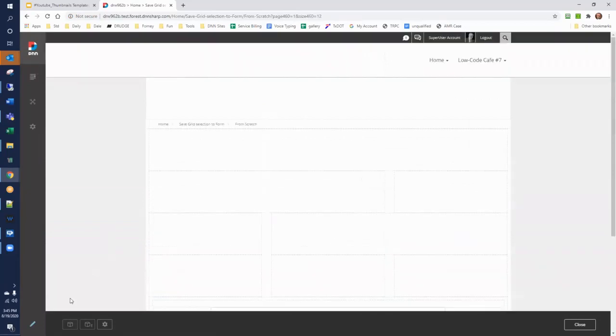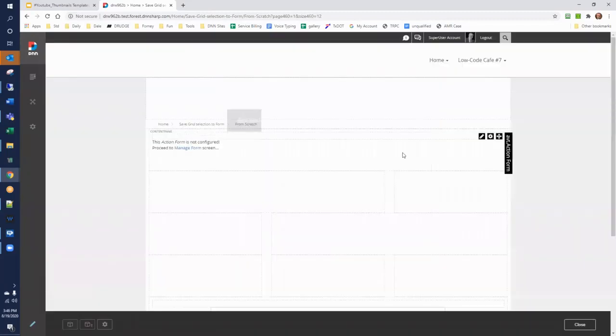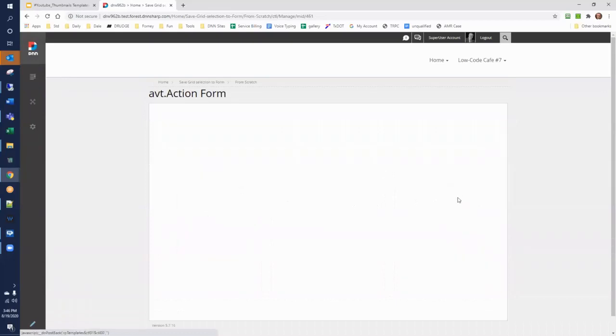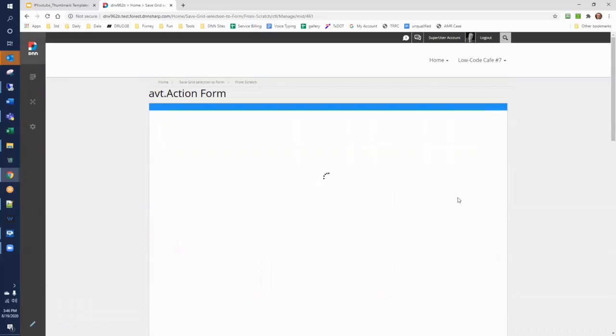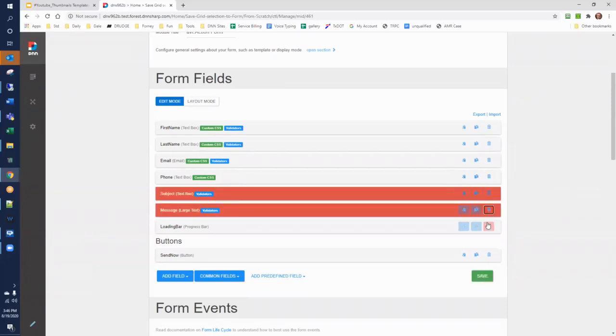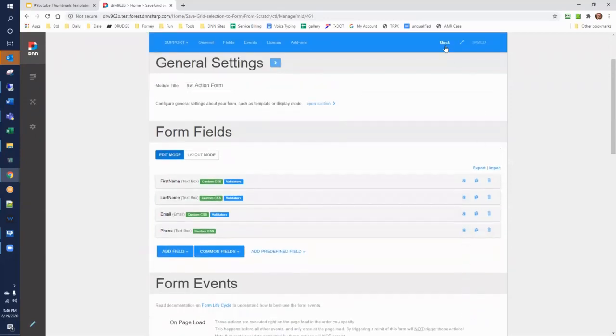The second part of the puzzle is where you need to have an entry form. So I'm going to take a shortcut and load an action form onto the screen. And I am going to manage the form and use the contact form as a starting spot. Now, I don't really need all of the fields of the contact form, so I am going to remove the ones that I don't need. I'm going to use first name, last name, email, and I'm going to get rid of everything else. I'm going to leave the phone just as a purpose of a demonstration. So when we save that and go back,